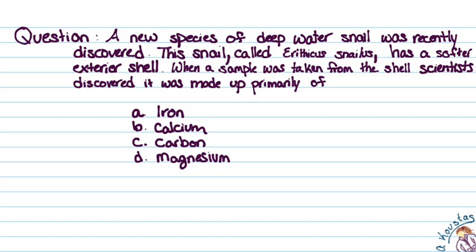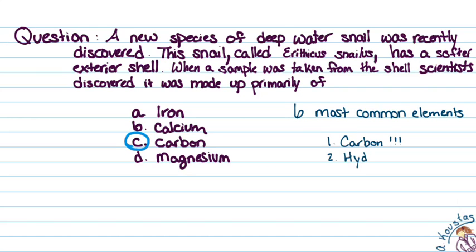Now the key words here: the snail we know is a living organism, and I'm asking about elements. All living organisms are made up primarily of these 6 most common elements. And carbon is the only one of these 6 most common elements that's given as an option. So chances are, looking at this snail's shell, because the snail is a living organism,